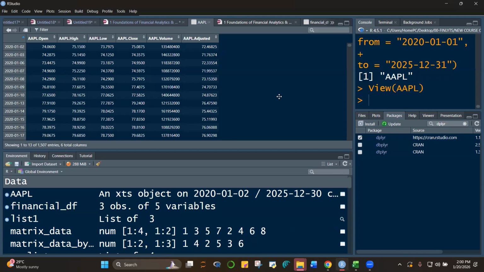It's a database coming from Yahoo Finance. And it gives us the open, high, low, close, volume, and adjusted. It's the six-number summaries coming from Yahoo Finance. Okay. And the date is 2020-01-02, which means that there was no trading on 01-01. That's why it gave us only 01-02 until